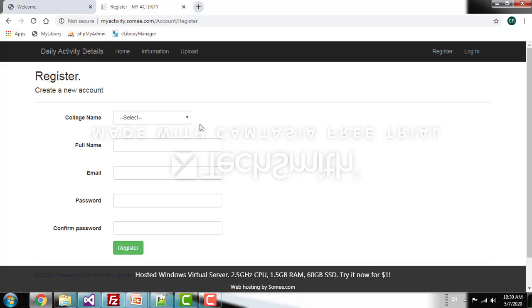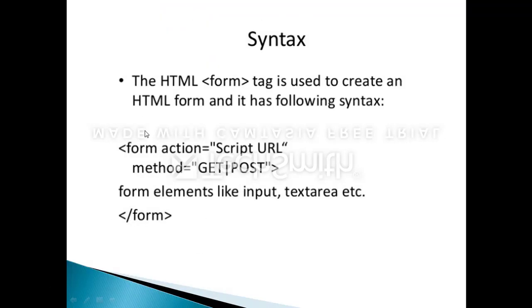Okay, so next, syntax. So what is the syntax of an HTML form? It is a form tag, which is a paired tag having some attributes like action, method, etc. But we are going to see the simple format of form. Let's flip to the HTML page.